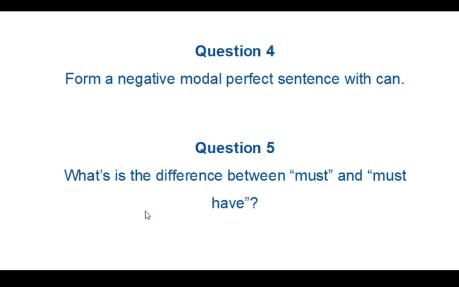Now, here we have the last two questions for the homework for this unit. First, we have to form a negative modal perfect sentence using can, and for question 5 you have to tell me what's the difference between must and must have. Okay, you can pause the video if you need to, and